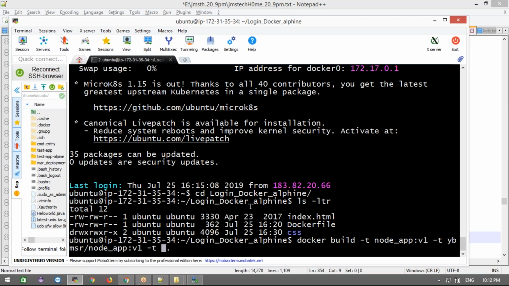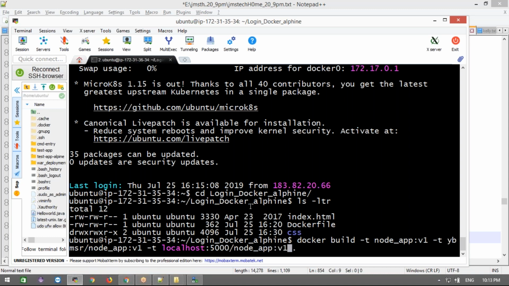I want to create 3 images from the same Dockerfile, with -t, one for localhost:5000, and then node_app:v1.